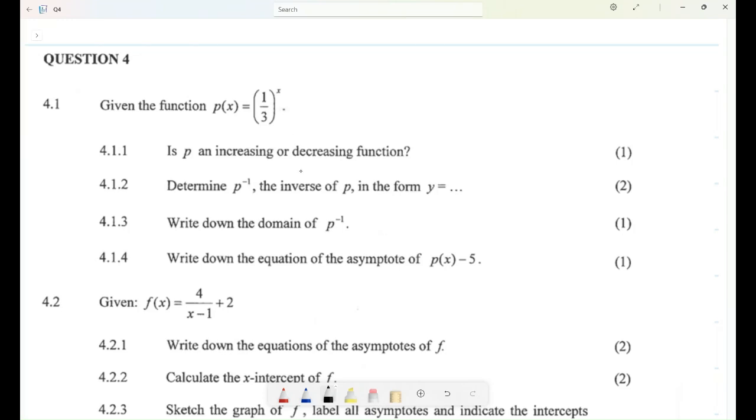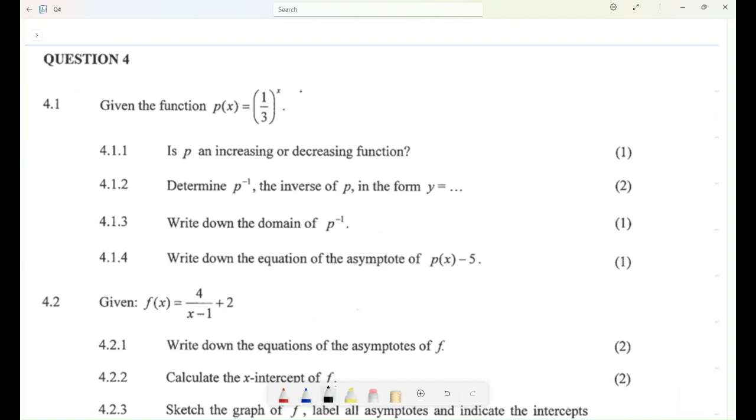Continuation of May, June 2023 question paper. So we're going to deal with question 4. It is divided into 4.1 as well as 4.2. Different functions. Now, given the function p of x is equal to 1 divided by 3 to the power of